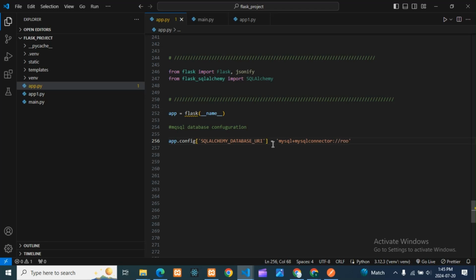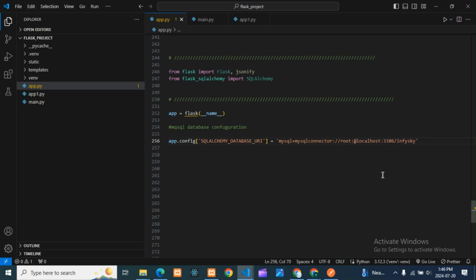So here my username will come, guys. I have taken the username as root. Then next I have to take my password, which you can add here. Right now I have not taken any password, I will keep this blank. Next I have to take here @localhost, and then the port will be 3306. This is for MySQL. Then here our database name will come. So see, guys, how it will connect: first username, then the password I have to add. For example, if my password is 1234, I can add 1234 here.